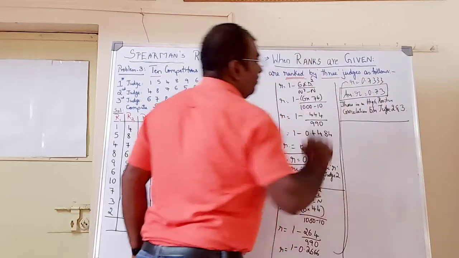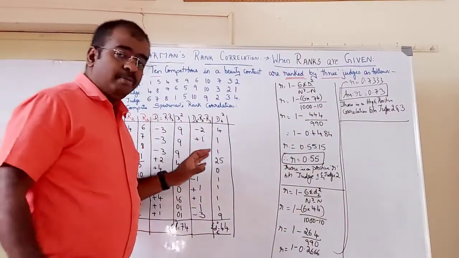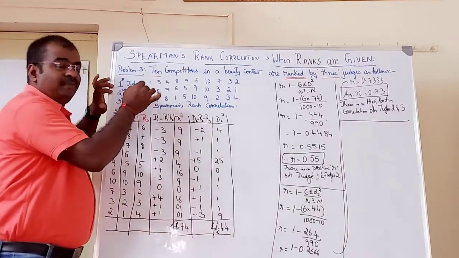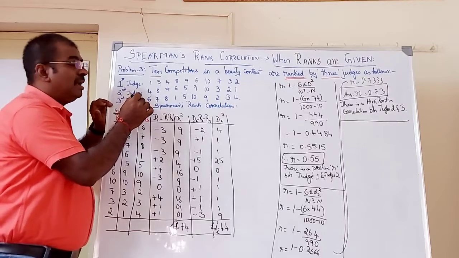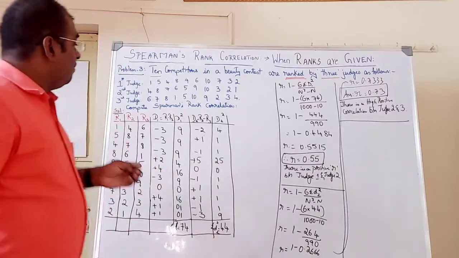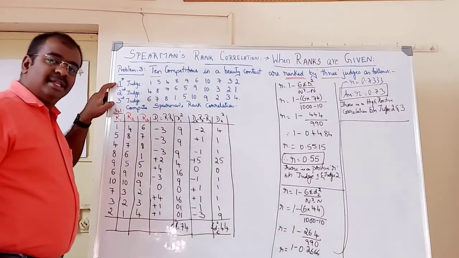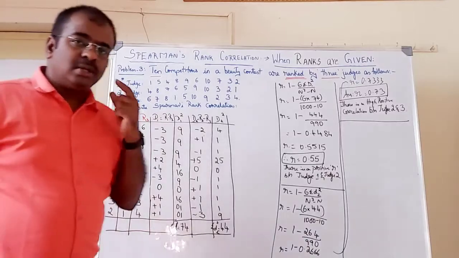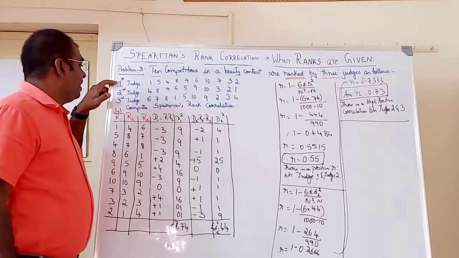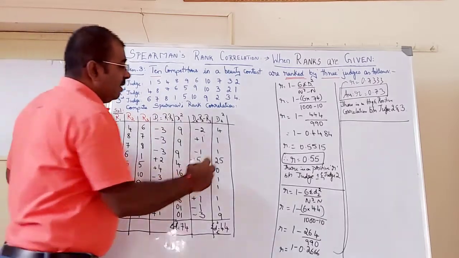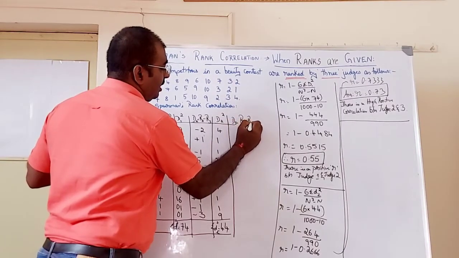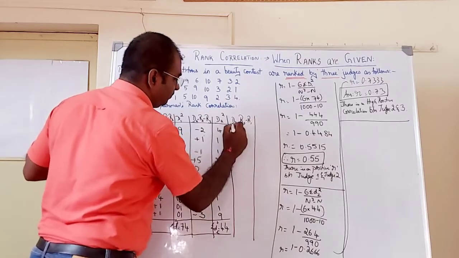So this is how we have come to the next part of our problem, and we have one more option. We have compared judge 1 and 2, we have compared judge 2 and 3, but we have not compared judge 3 and 1. So now let us compare the first judge and the third judge and find the rank correlation between judge 1 and judge 3. So I will call the difference D3, which is equal to the third judge minus the first judge.